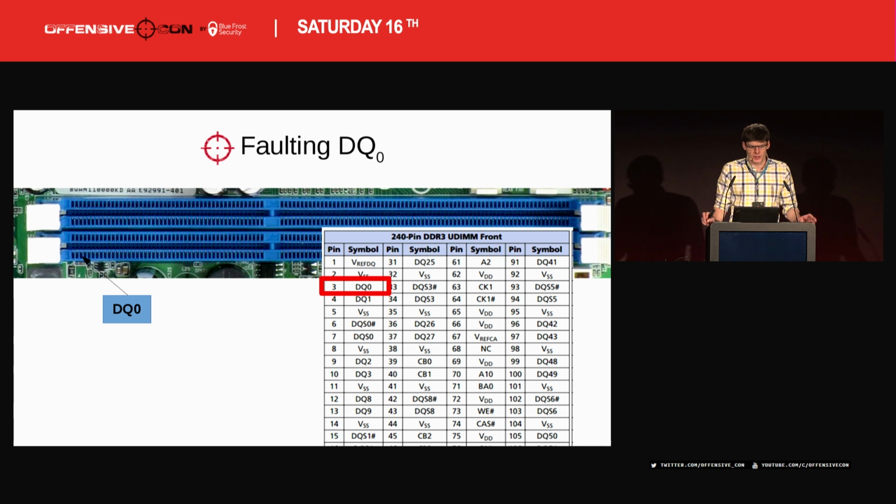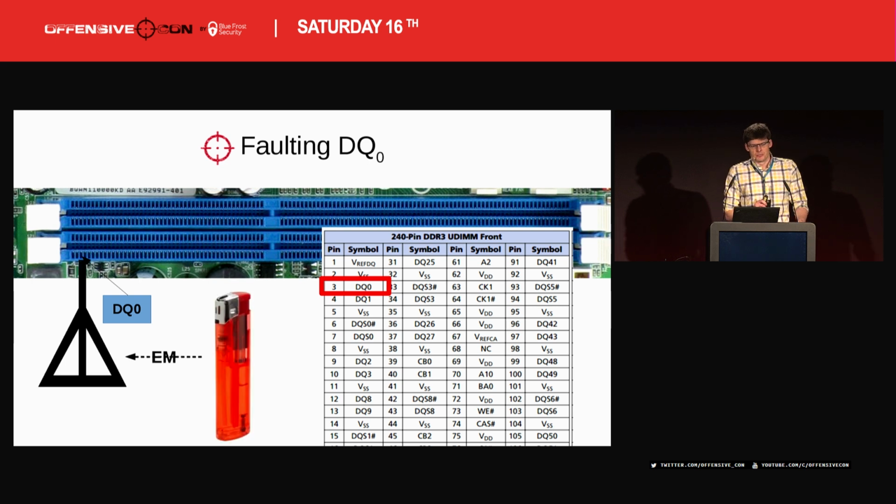We had a pre-test where we just used a piece of wire of, I don't know, 5 centimeters with a thickness of 1 millimeter, and we stuck it in that hole where the arrow of DQ0 points to, and we used a lighter. This was a piezoelectric lighter, and